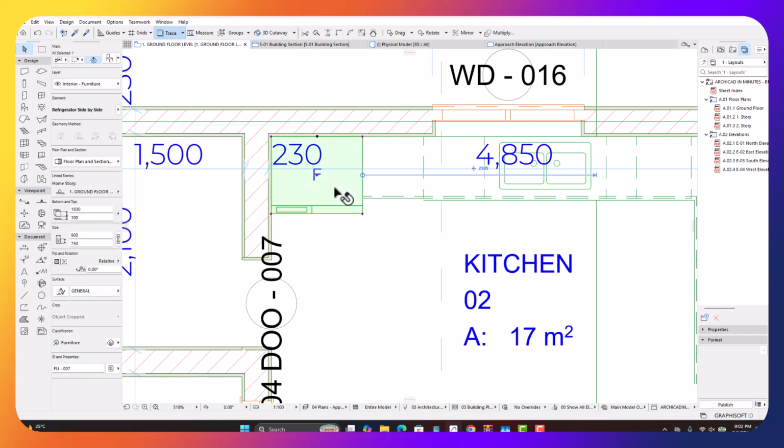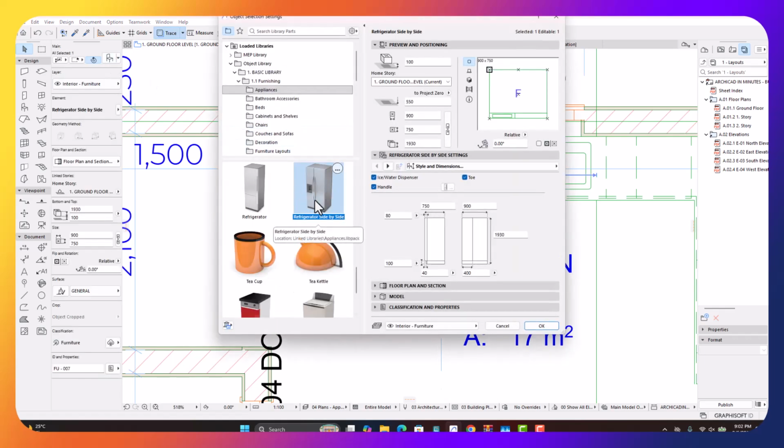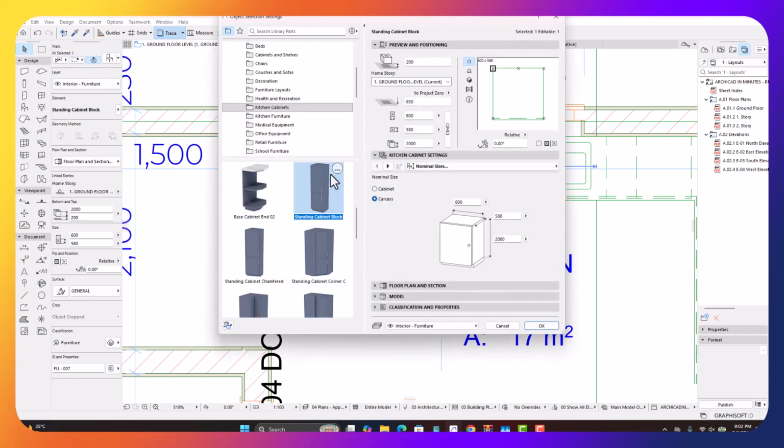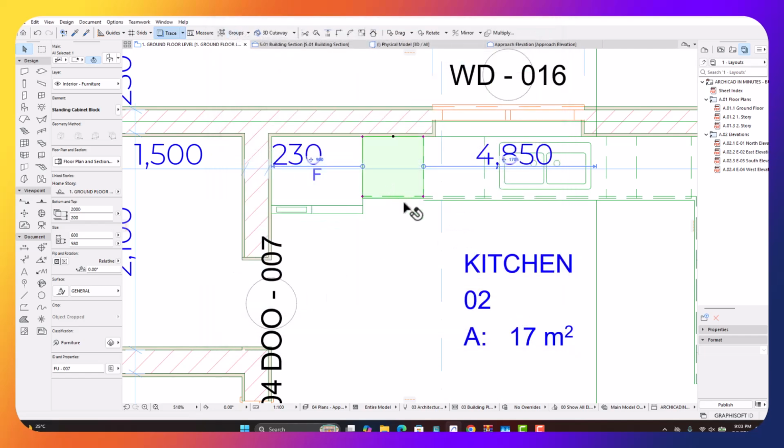In kitchen, we have the fridge, which is this, and then you have the refrigerator. So the size, and then this one we have a standing cabinet. Inside the standing cabinet, you can come down here and add as many as you want. I can make it 4, and then I will add for my microwave, for my oven, so I can make it there, and then I will customize